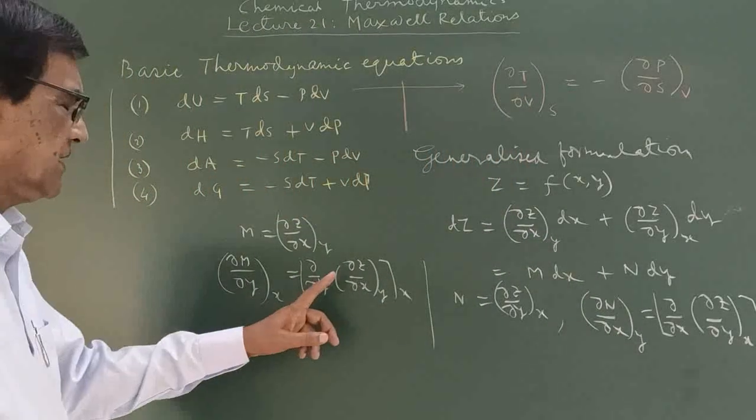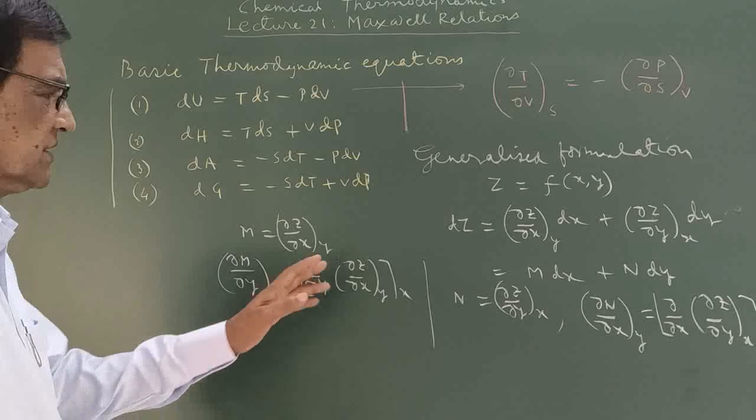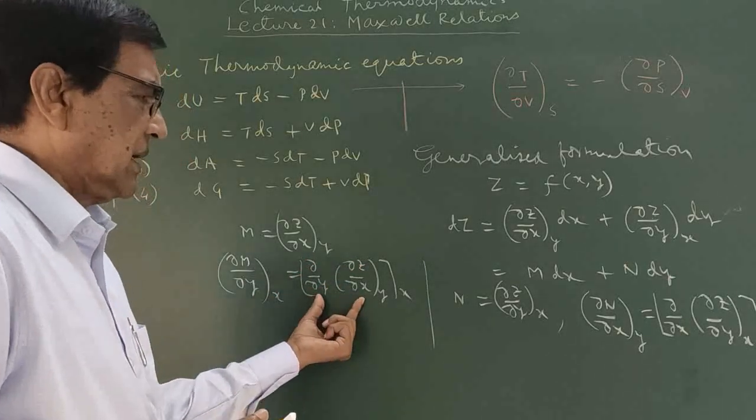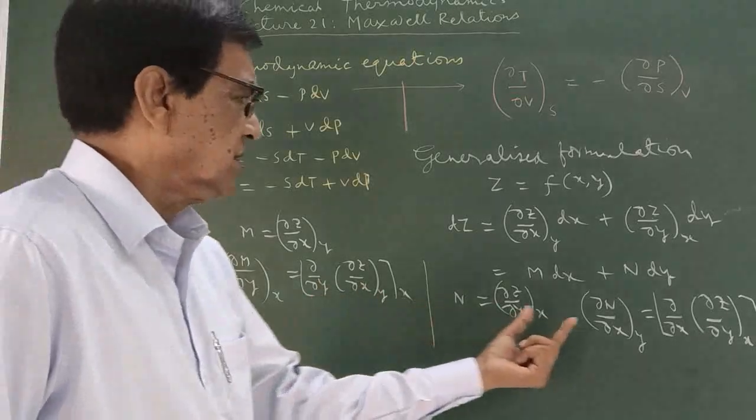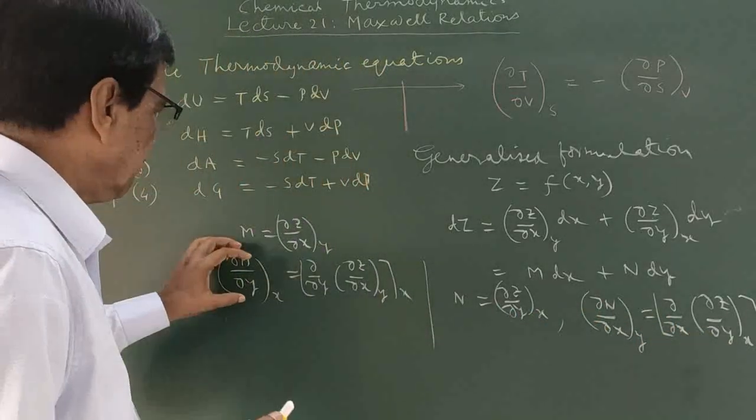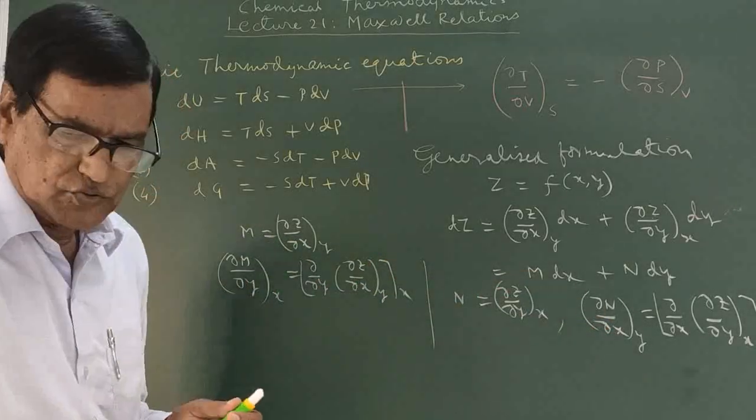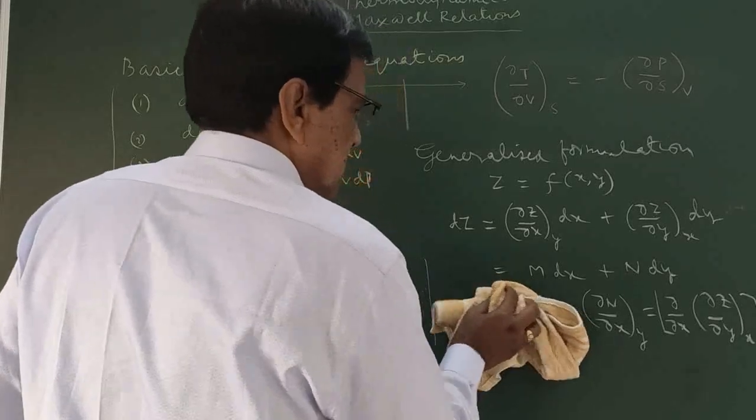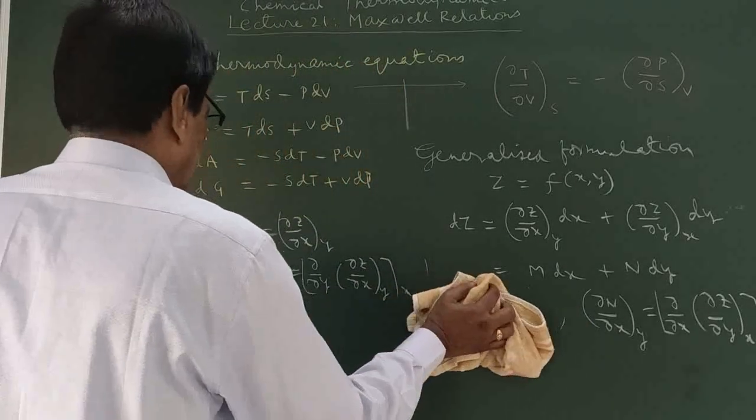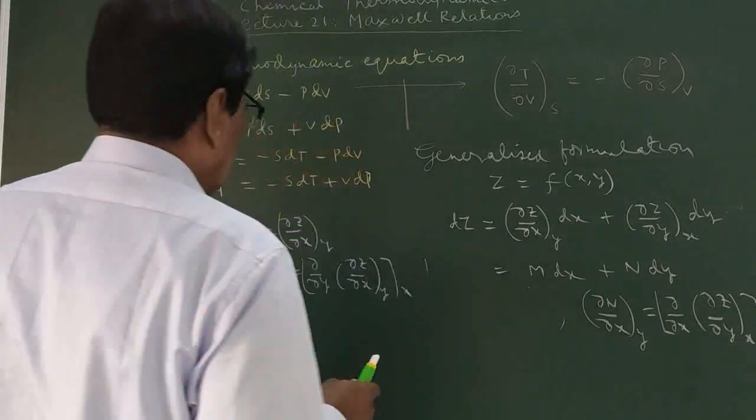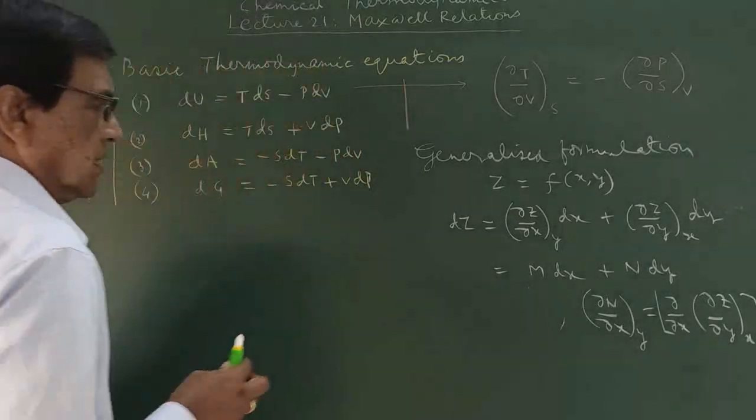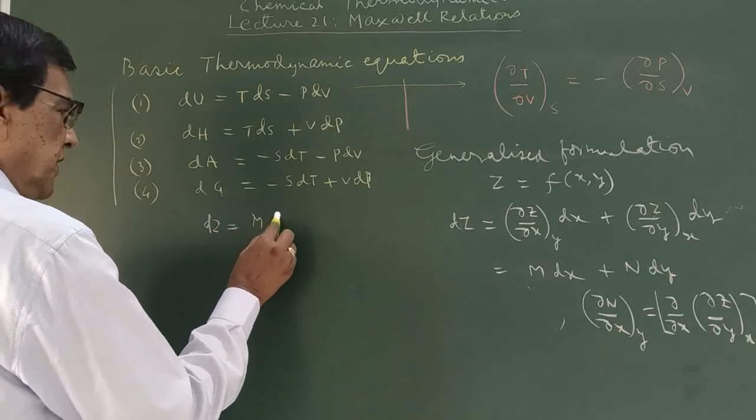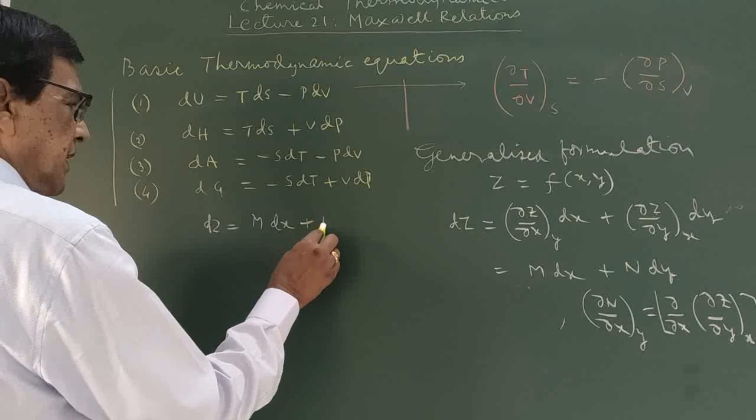Since z is a state function, it will obey Euler's theorem. So this one and this one will be the same, and the left-hand sides of these two will also be the same. So from this equation, I can write: if dz equals M dx plus N dy,